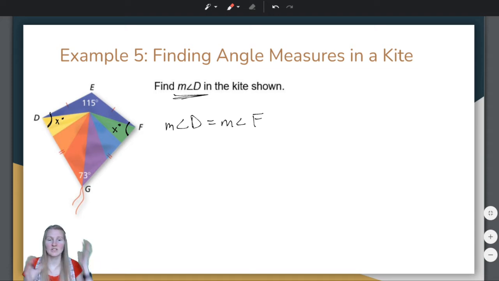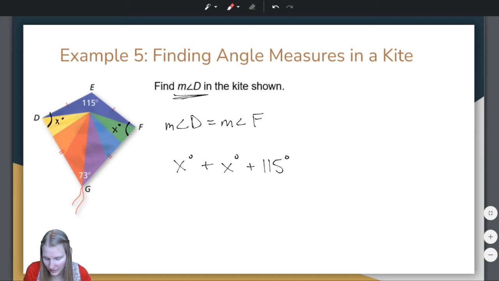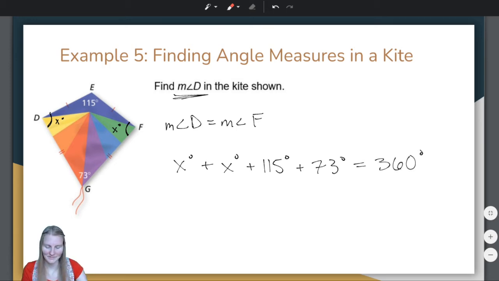We don't know how many degrees there are, but this is a quadrilateral, right? A kite is a quadrilateral. How many degrees are there inside of a quadrilateral? 360. So we know that X plus X plus 115 degrees plus 73 degrees needs to equal 360. So let's combine like terms. 2x plus